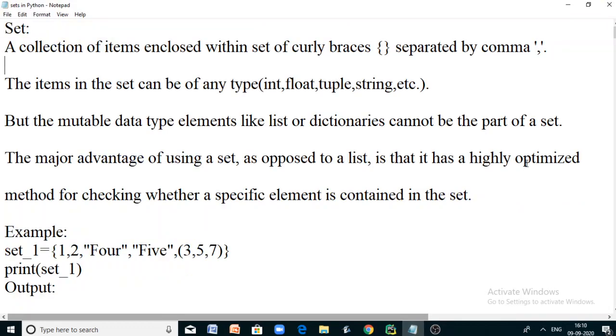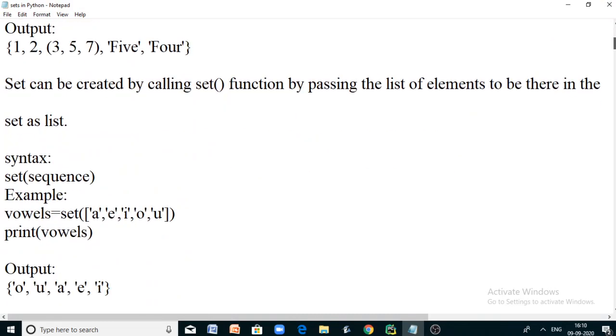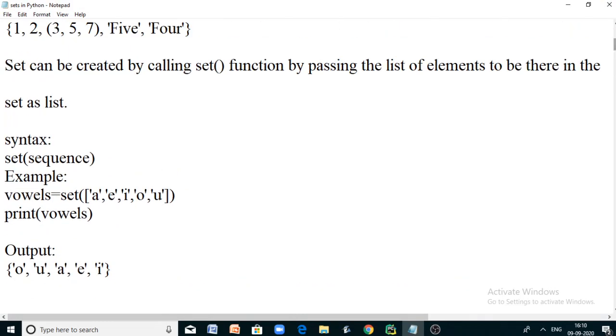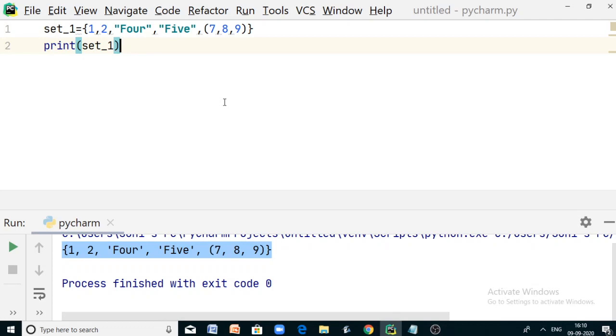Now what's next? A set can be created by calling the predefined set function. So you can provide a list of values separated by commas enclosed in a set of curly braces. Otherwise, you can call the set function by passing all the values you want to be there in that set as its arguments. Now let us have a sample